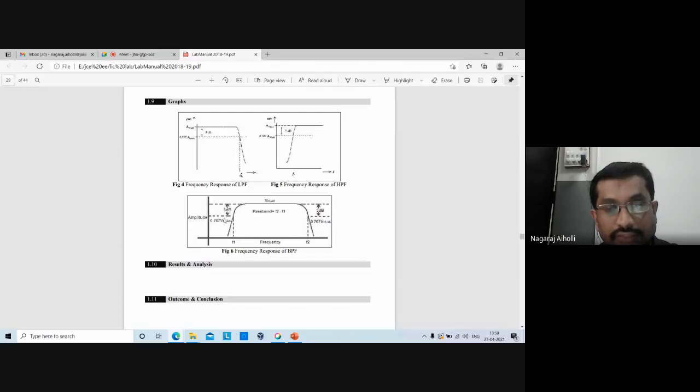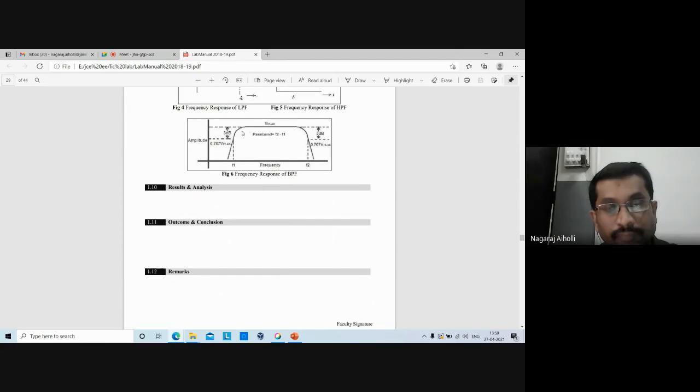Band pass, if you see the second one, band pass. This is called a pass band. F1 frequency, F2 frequency. It passes only the frequencies between F1 and F2. The frequency less than F1 is removed. The frequency above F2 is removed. It is eliminated. It is not passed from input to the output. That is what we mean by eliminating or removing that particular signal frequency.